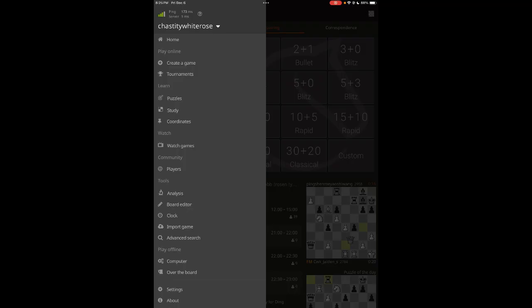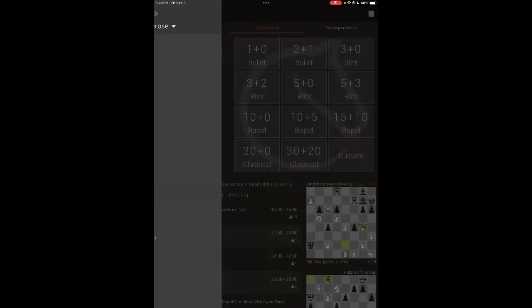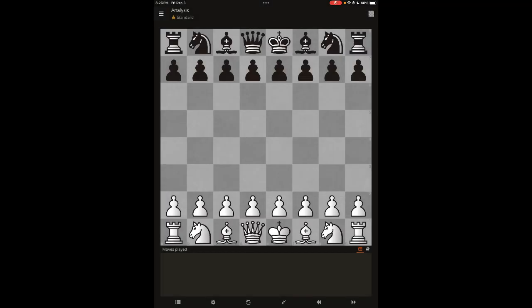This is what I love about Lead Chess so much: the analysis board. I think even if you don't have an account, you can access the analysis board. The analysis board acts as your own personal chess board, but it's on your iPad or your computer, whichever you access. It allows two people to play chess with each other, even if there's no account.